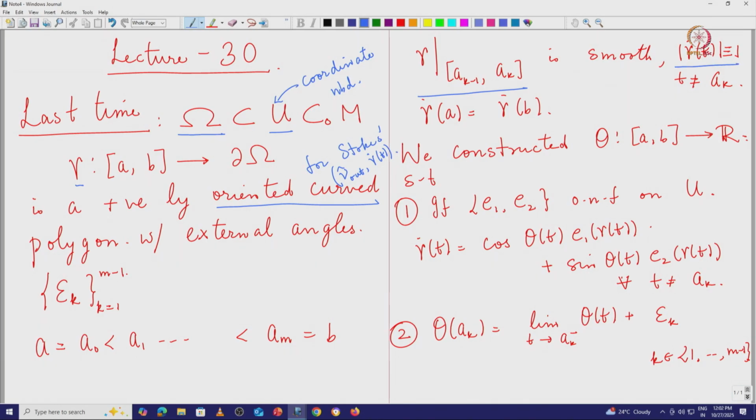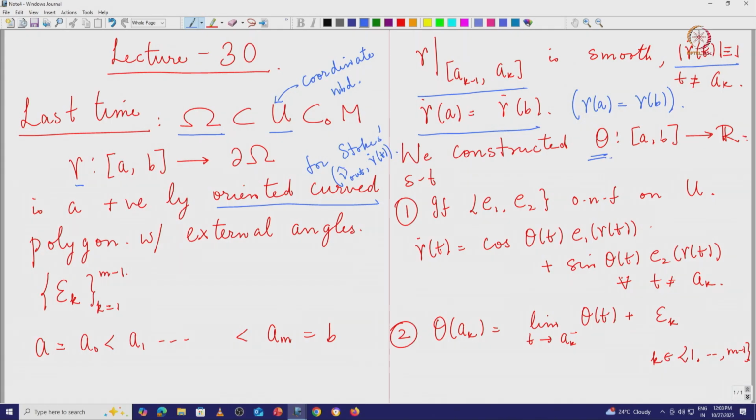We are working with a simple closed curve, and we assume that the initial and final point is not a vertex of the polygon, which means in terms of derivatives that the velocity vectors at the two points agree. So gamma dot of a is equal to gamma dot of b. Then in the previous lecture the main point was to construct